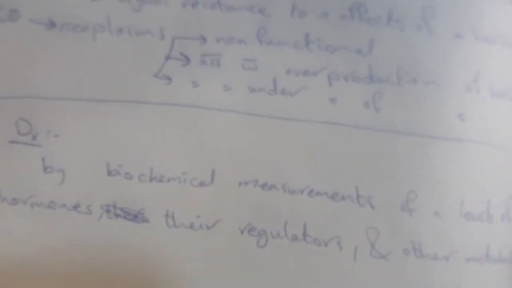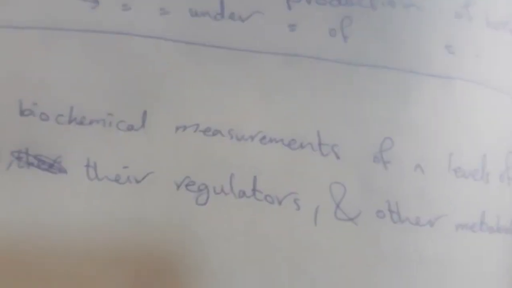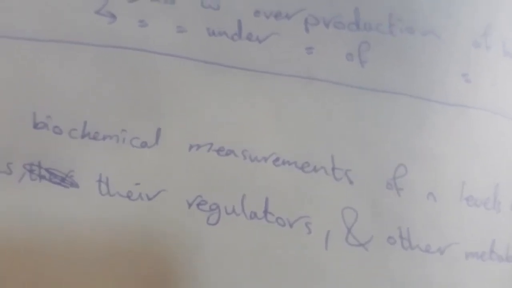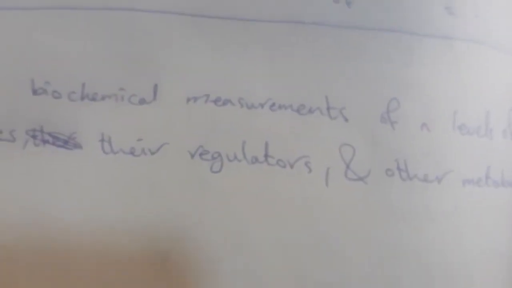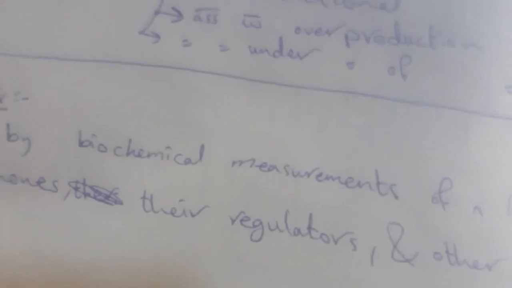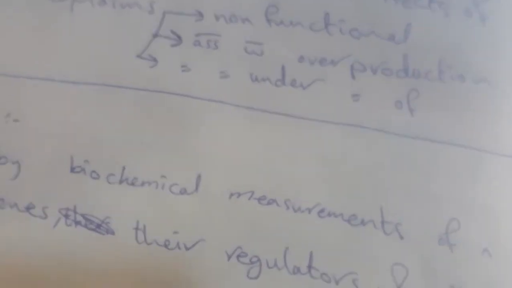Diagnosis of endocrine disease is by biochemical measurement of the levels of the hormones, their regulators, and their metabolites. For example, if we have a thyroid disease and we do not know the cause, we will send for investigation of T3, T4, TSH and find